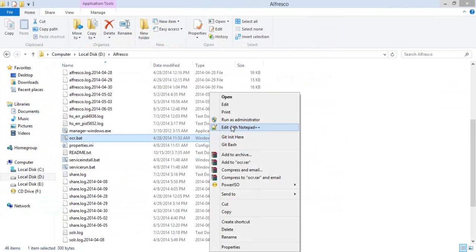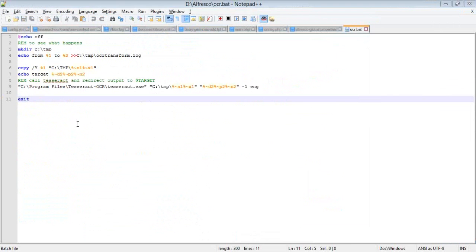If you wish to do your Alfresco OCR integration on an Ubuntu machine, you don't need this trigger for OCR. But I am working on a Windows machine, and all integrations I did on a Windows machine, so you need to provide this trigger for OCR. So here I have put this trigger for the OCR engine.